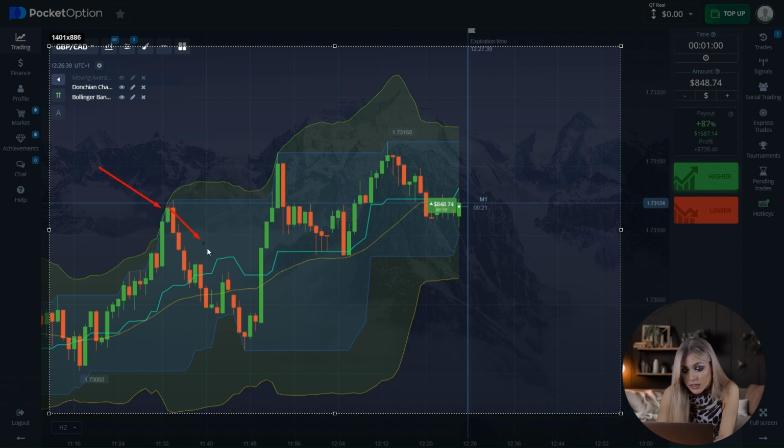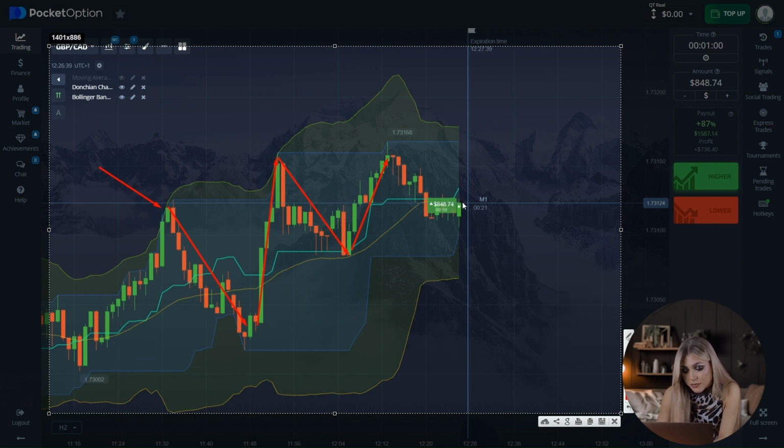After which there was a correction at this moment. The price dropped slightly below the Bollinger middle line. Then again, growth to the upper line where one could open a trade for a decrease, and again, a correction to the Bollinger middle line. And now the chart is growing again, but the growth limit hasn't been reached yet, as it's still far from